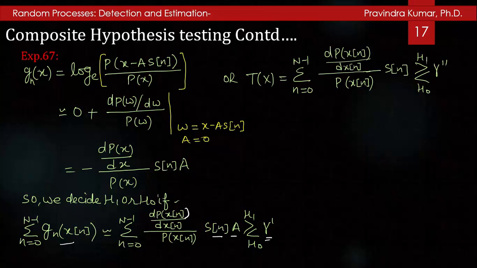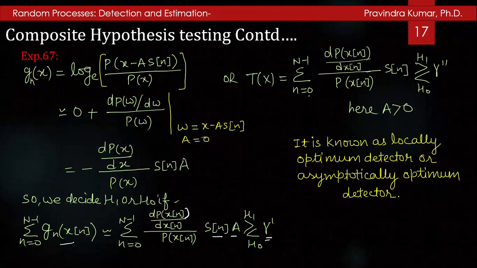So the test statistic will be the summation n0 to N minus 1 of minus dp(x_n)/dx_n by p(x_n), s_n, greater than or less than threshold value gamma dash. So it is known as